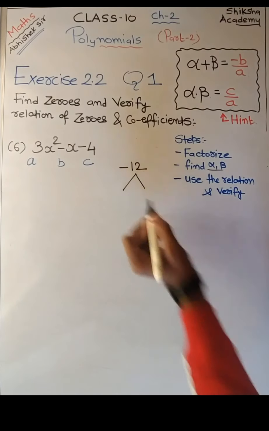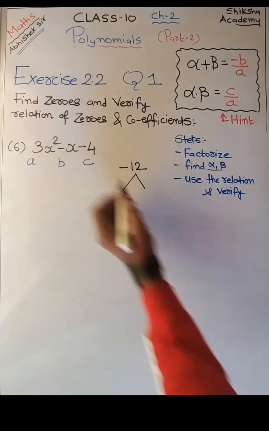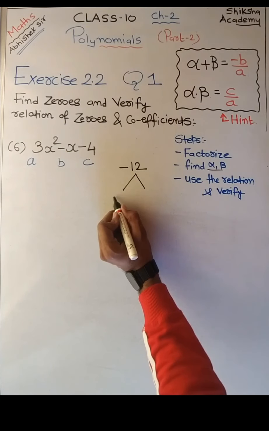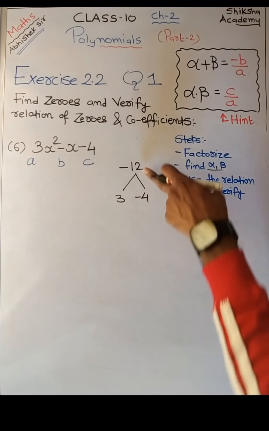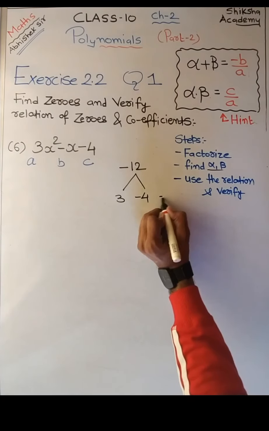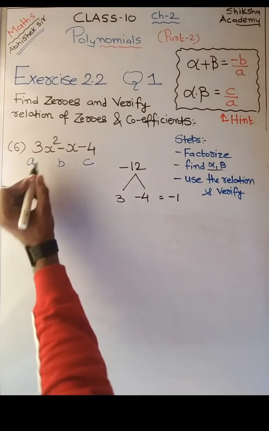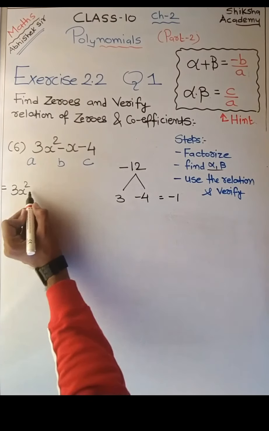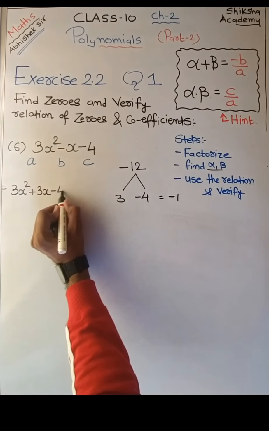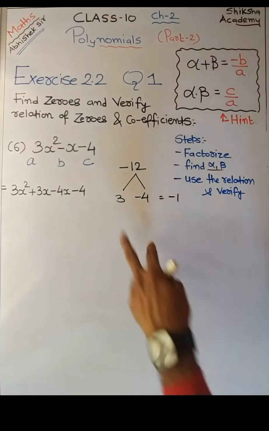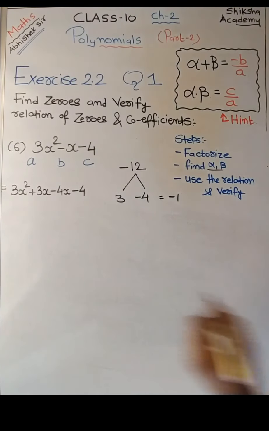And if you see the question carefully, the answer is in the question only. We want minus 1. So we will do 3 into minus 4, which is minus 12, and 3 minus 4 is minus 1. So satisfying the condition, let us now start with the splitting of the middle term. 3x square, instead of minus 1 we'll write plus 3x minus 4x minus 4. Knowingly I have written 3 first and then 4 so that we can adjust and taking common will be easy.